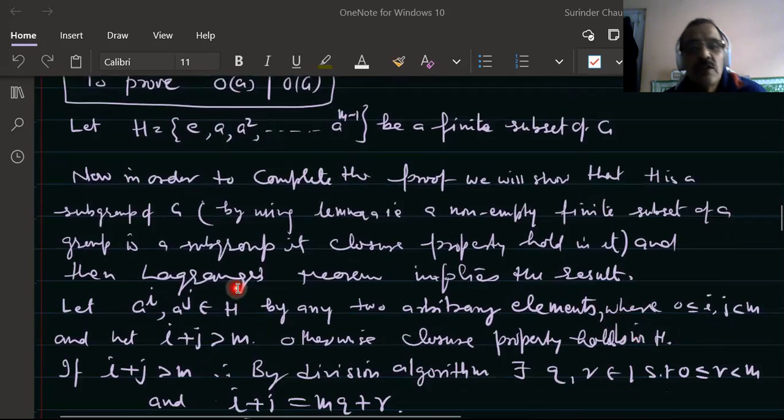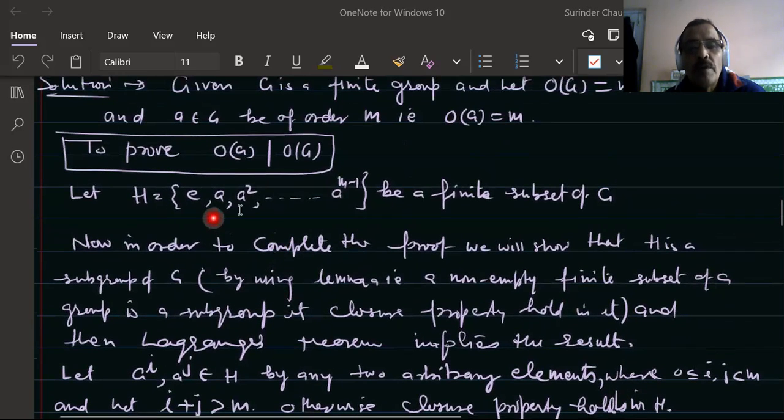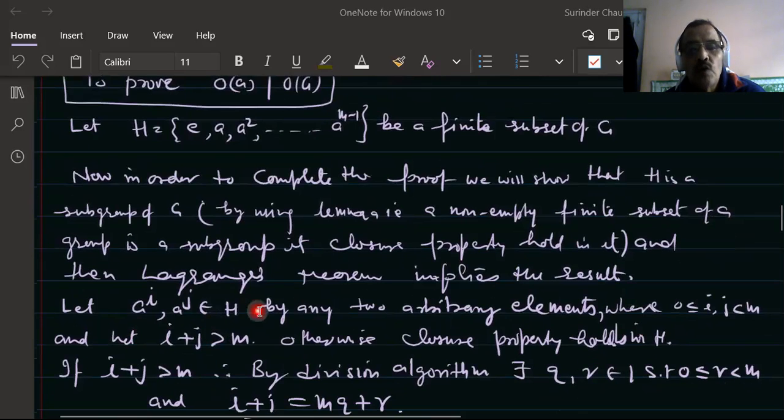So let us take any two elements belonging to H, to show the closure property here. Let AI and AJ belong to H, be any two arbitrary elements of H, with the condition that 0 is less than or equal to I and J, which are less than M. If I plus J is less than M, then their product is an element of H. But if I plus J is greater than M, then